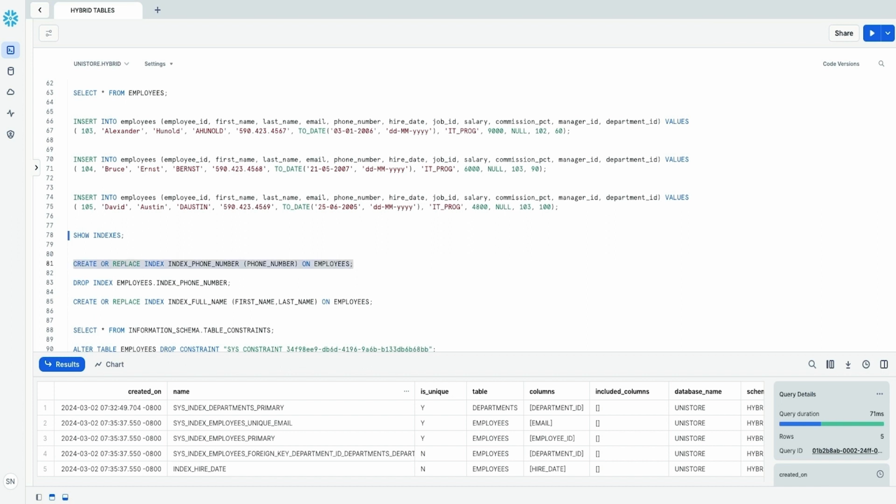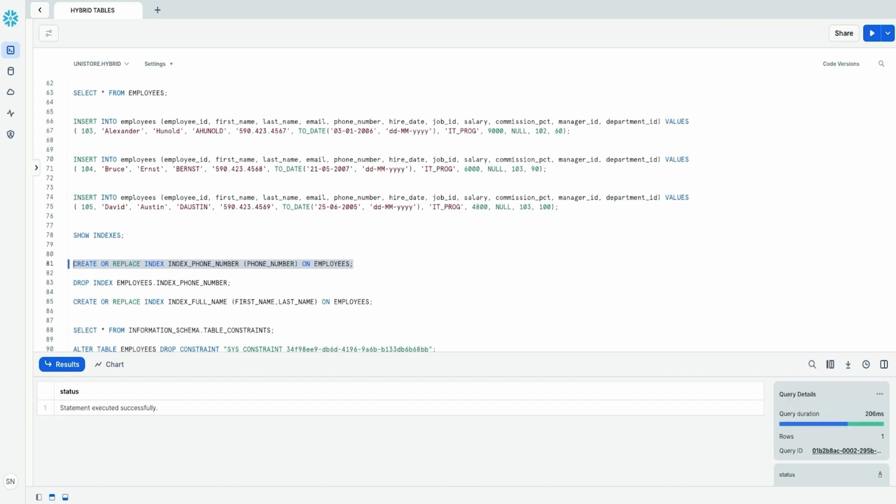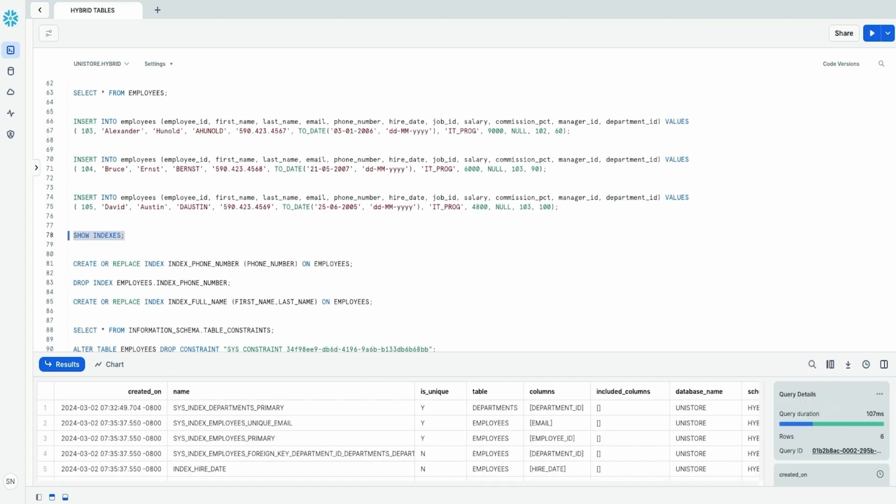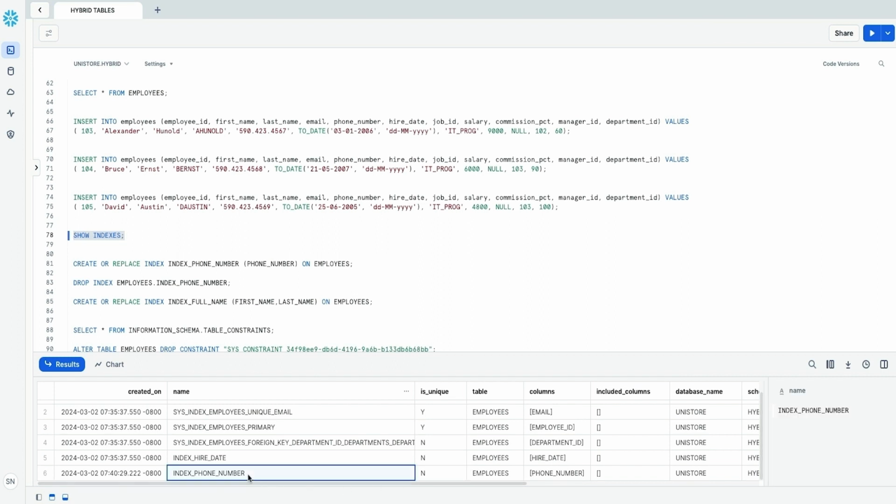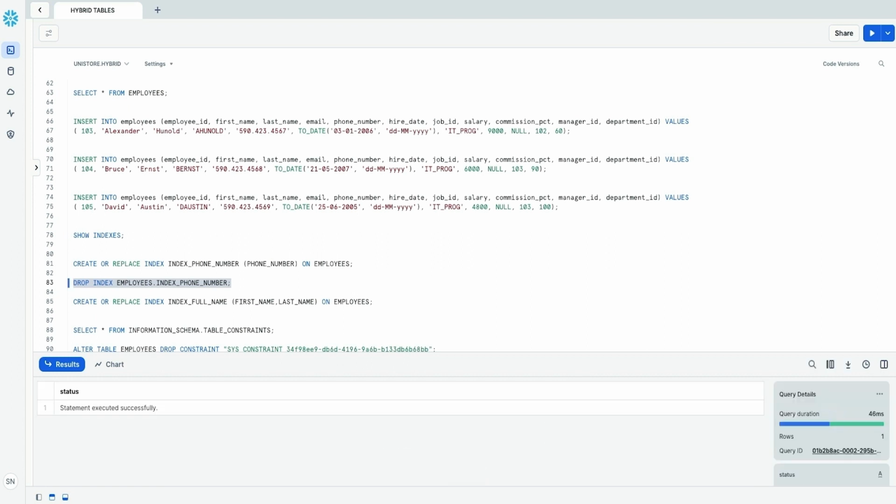For example, I am going to be creating a new index on the phone number column. The index was successfully created. I can run show indexes to verify the creation was successful. I can see the new index phone number listed here. If I want to drop the index, I can simply use drop index name and the index can be